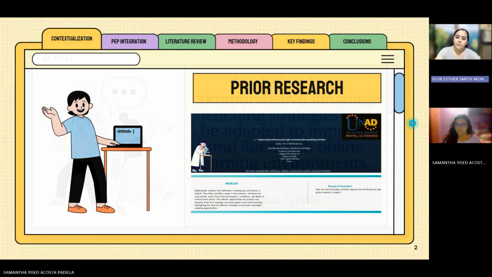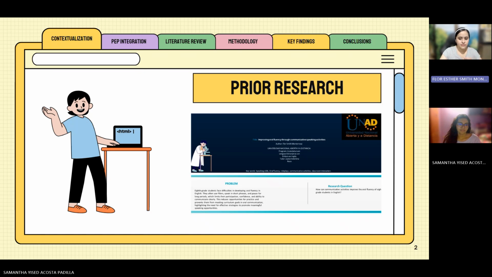We chose this topic because many students participate very little orally in online classes, even when they know vocabulary and grammar. So our project explored how teachers can adapt communicative activities to make online learning more interactive, meaningful, and effective